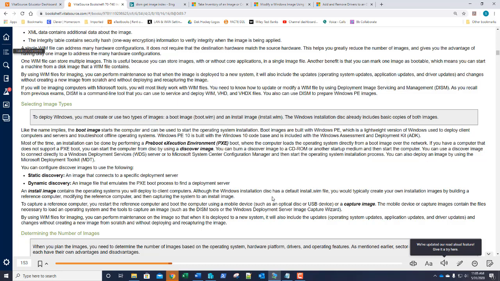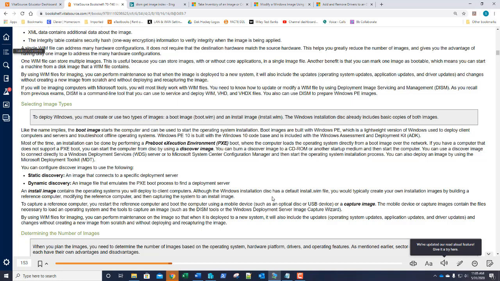Remember, we use the boot WIM to do the pre-installation environment to boot a computer. When you first put a DVD in a computer and turn it on, and it says press any key, and then you see the little swirly going around, and then it asks you how you want to format and all these other questions, that's your Windows PE. And once you've defined all those installation options, then the install takes over and all that stuff's written to the